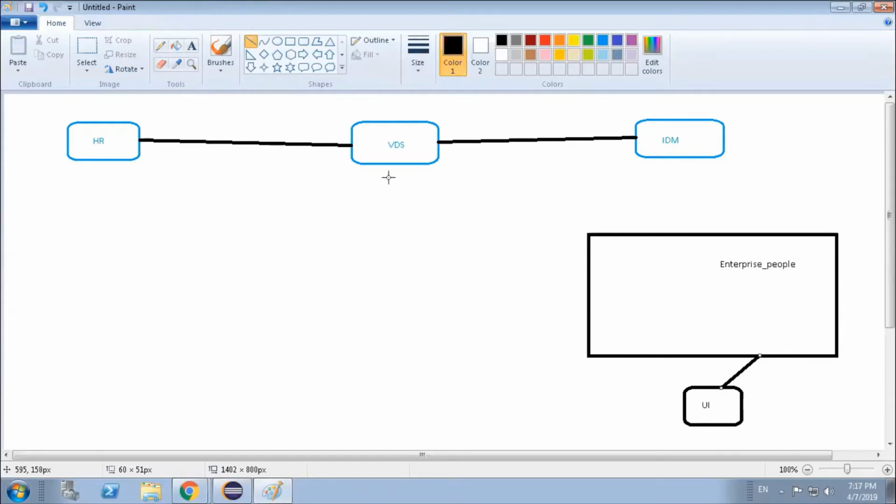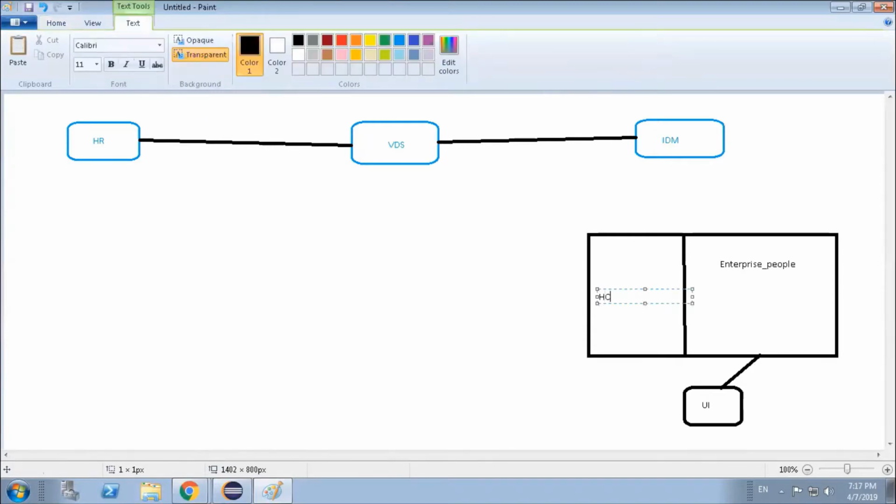For that reason we have to create another identity store. When we create another identity store, we are basically dividing our database area into another part, and the identity store name is HCM_staging_area. This is the standard name provided by SAP.